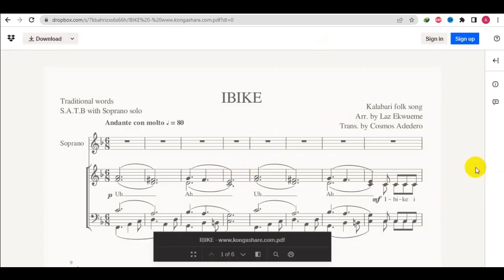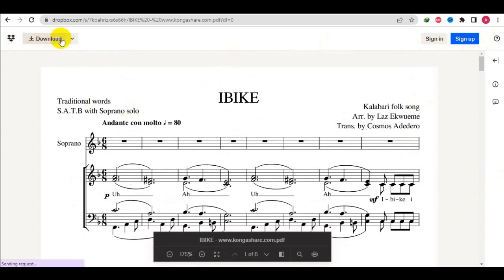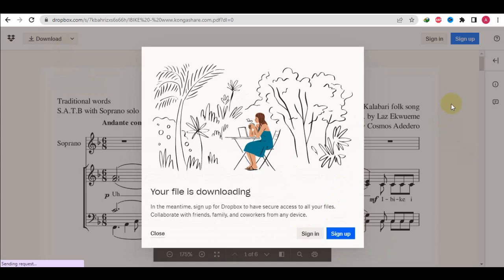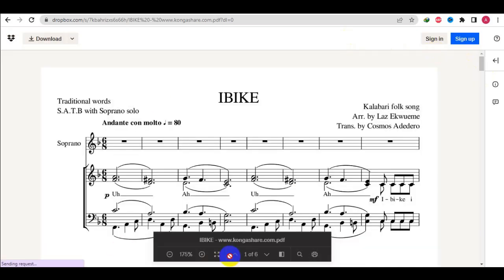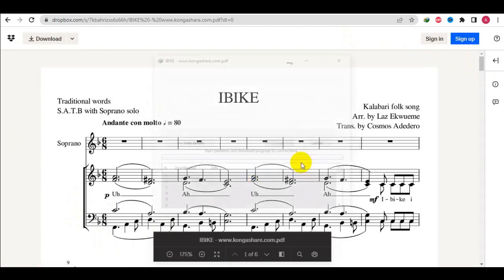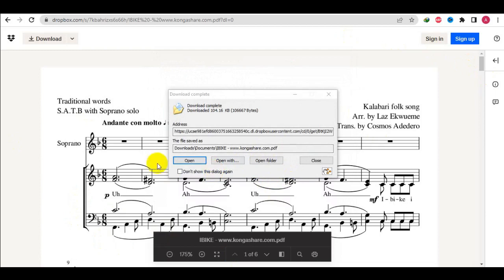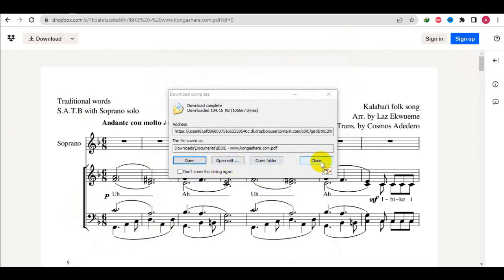Yes, this is the PDF file I want to download. Click on download. Yes, PDF file has been downloaded. So what next to do is for us to